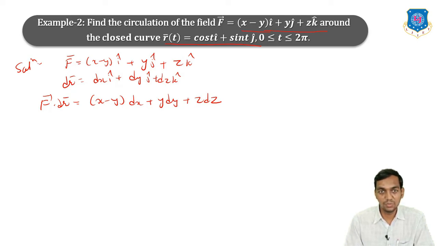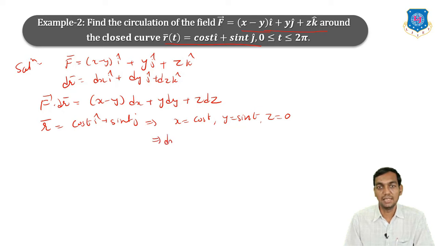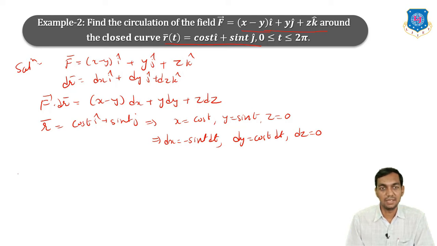R bar is equal to cos t i plus sin t j, and that implies x is equal to cos t, y is equal to sin t, and z is equal to 0. So dx will be minus sin t dt, dy will be cos t dt, and dz will be 0. And therefore integration